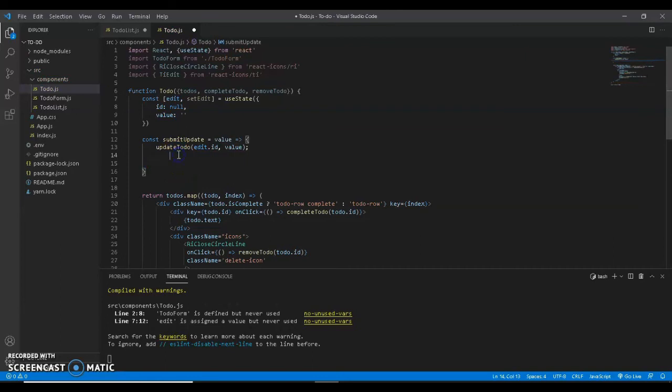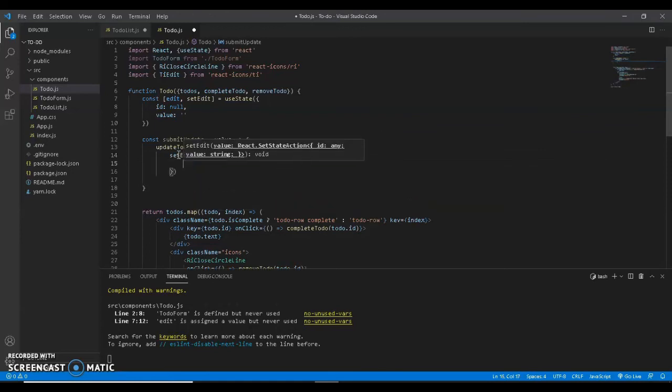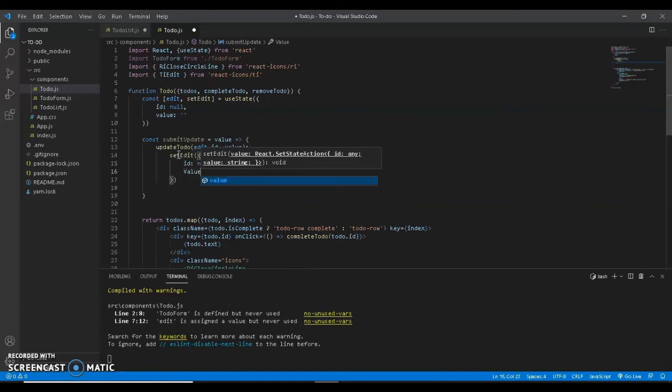Delete it, update this, and then we have to set edit, setEdit, parenthesis, curly braces, id which is null, comma, value is equal to this, and here I have to do this one, and here, comma. So to pass this value, we also have to add in here